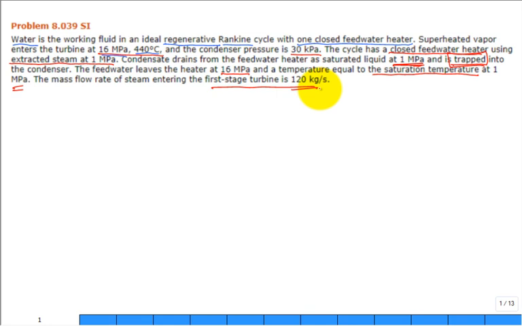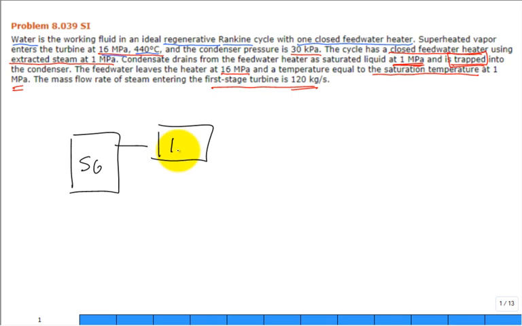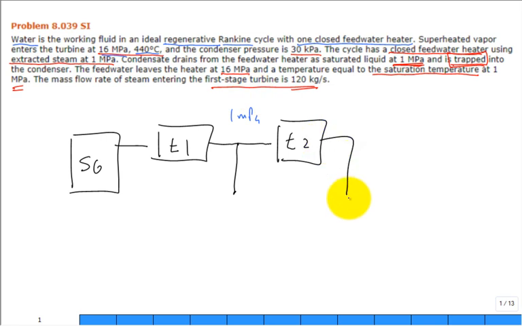Now, in the interest of time, I'm going to sketch it out in a layout like the book has. They have a steam generator. Then out of the steam generator, they go into turbine 1. After the turbine, they don't go back for reheat. I want to go back for reheat, but they don't do that. All they do is divert some down to the closed feed water heater, and they have to continue to a second turbine. Otherwise, the extraction pressure, which is 1 megapascal, can't be the same as the condenser pressure,